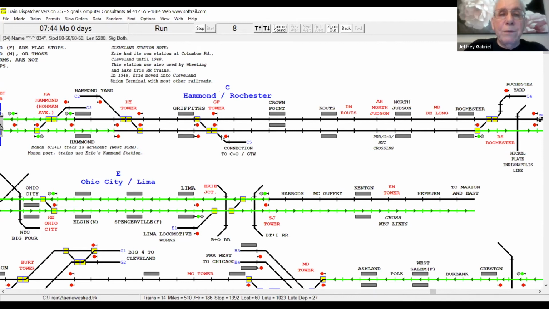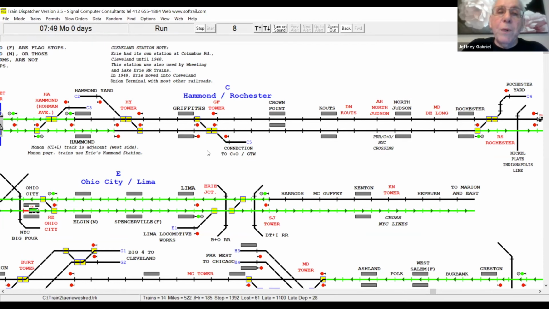Now, if I click to clear this signal, eastbound, it'll clear over the straight route, the normal route. If I had the switch lined for the diverging route onto the C&O, and I clicked it, it would still clear because that's a legitimate route. So in the facing point direction, it'll always clear.